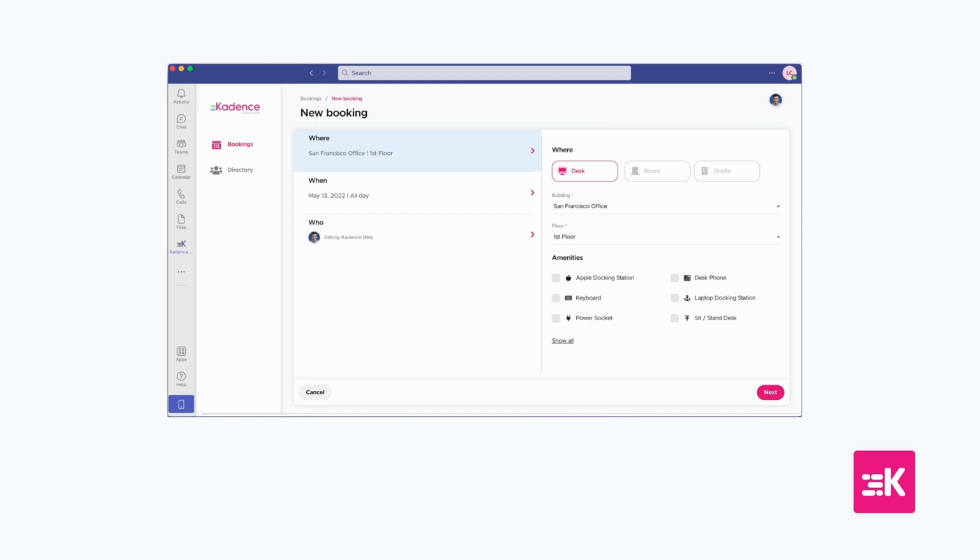Once logged in, you can use Kadence in all the ways you did before, except this time, all of your tools are in one place, making it easier to access everything you need. Book a desk for when you're in the office next. Reserve a room for your team meeting through Kadence or your Outlook calendar, and bring visitors on site, all within Microsoft Teams. If you're booking a desk, choose your office location,